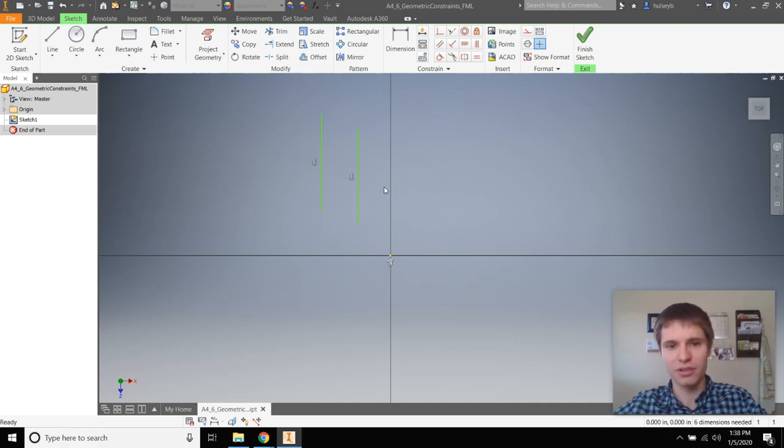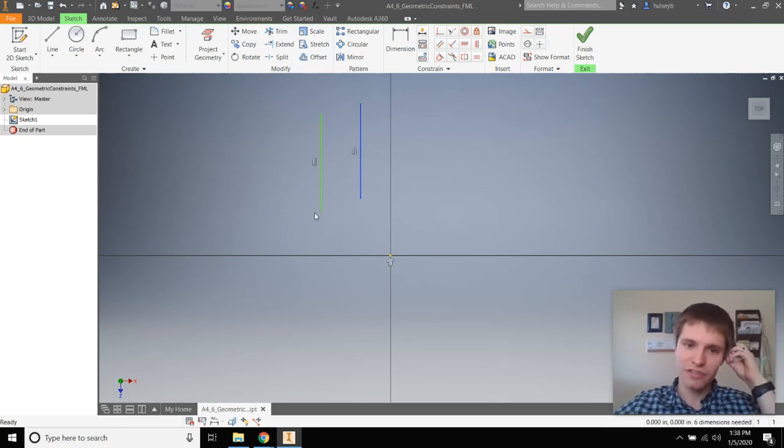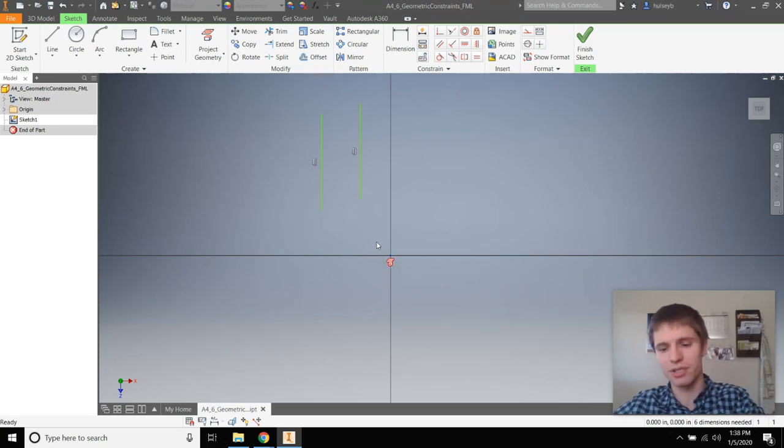It's not an F8 toggle. You have to do F8, then F9 to take them off. So you see my two lines here have vertical constraints, and the only other constraint down here is the project geometry. That means the center